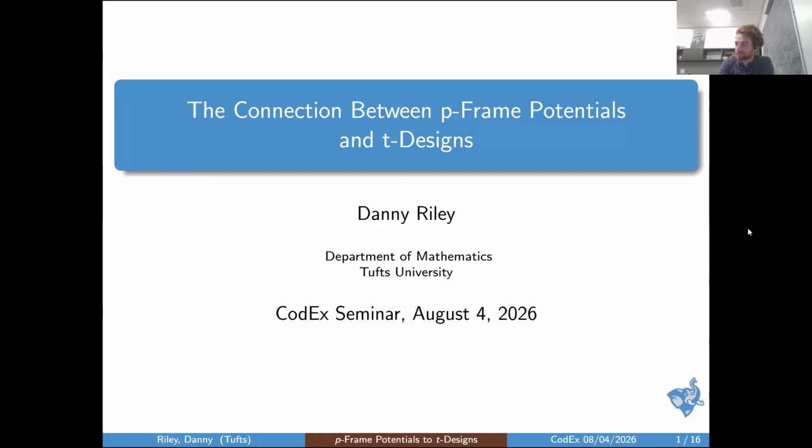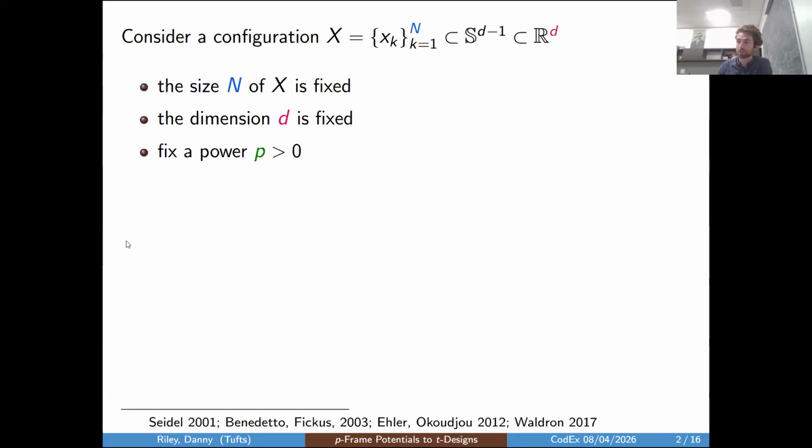I'm going to talk about the connection between P-frame potentials and T-designs. So let's go ahead and start with our P-frame potentials. We're going to consider a configuration of finitely many points constrained to the unit sphere in R^d. So the size n of our configuration is fixed. We're going to choose our dimension d for the ambient space, and then we're going to choose a power p